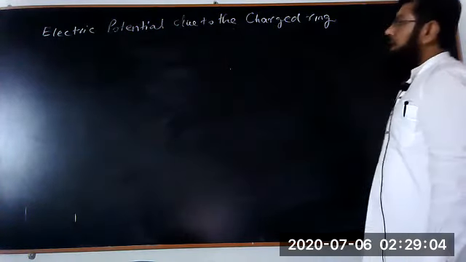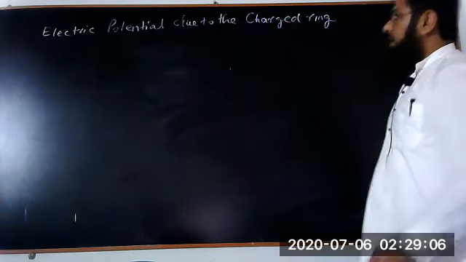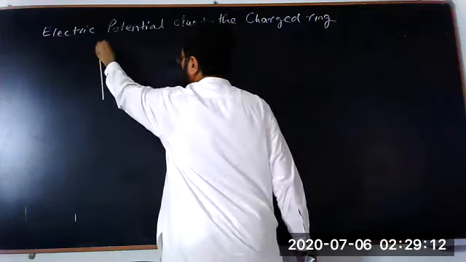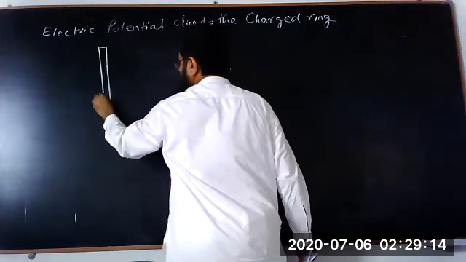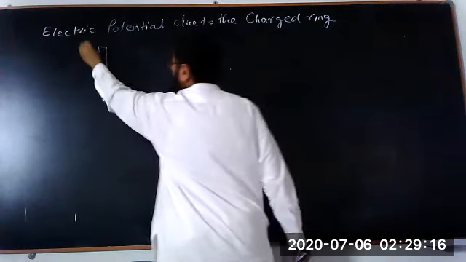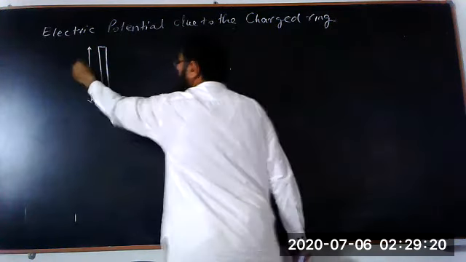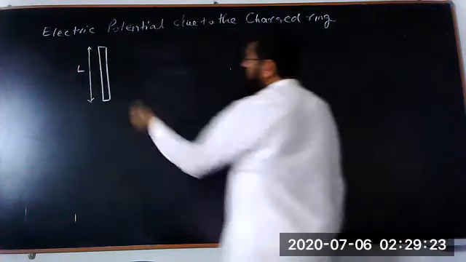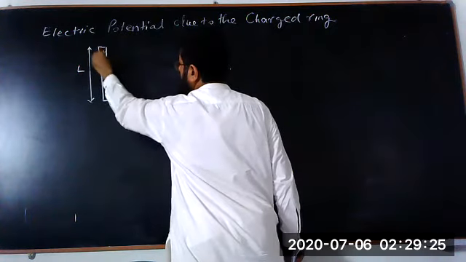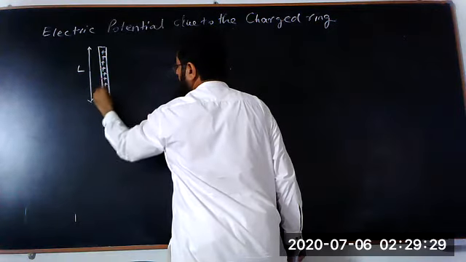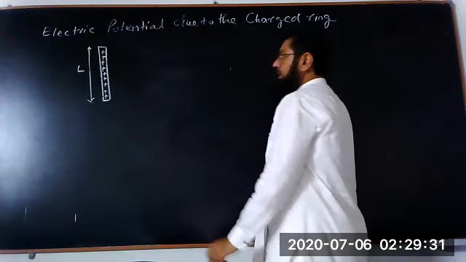अब यहाँ पे आपको पता है कि फर्ज कर लेते हैं कि मेरे पास ये एक वायर है, जिसकी लेंथ L है. The length of the wire is L. And this wire is the charged wire. It means all the charges are concentrated over the wire in a uniform distribution.